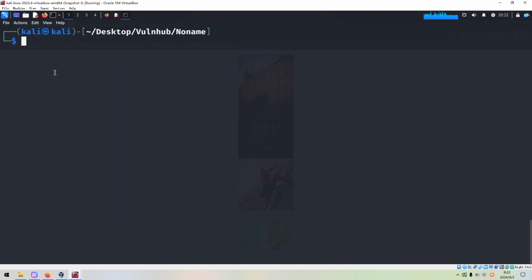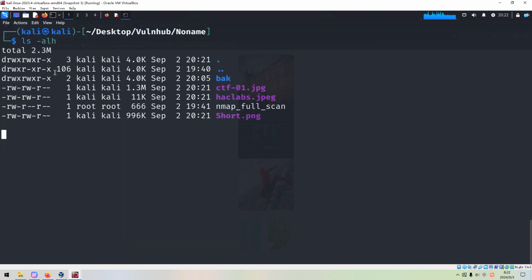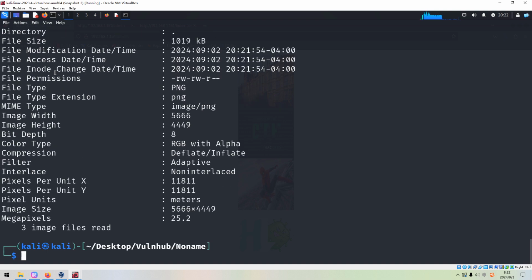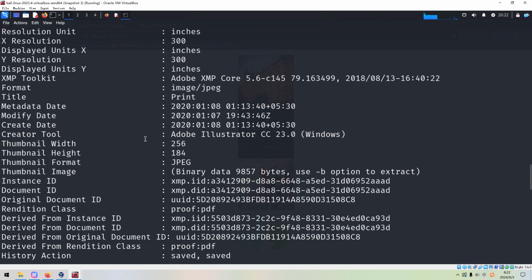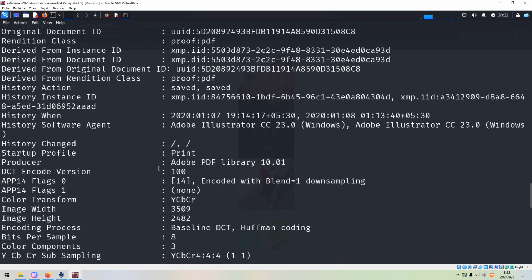Okay, so next I think we need to analyze the pictures that we have just downloaded from the target. For example, we can use exiftool and shorten it. As you can see, the metadata of all pictures can be printed out, but nothing special or weird.